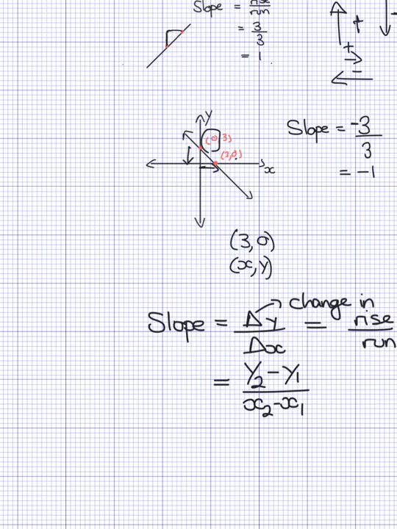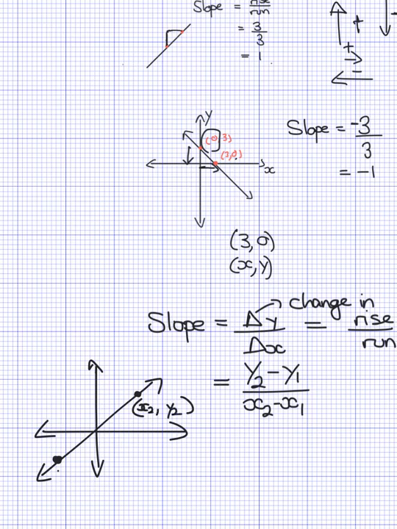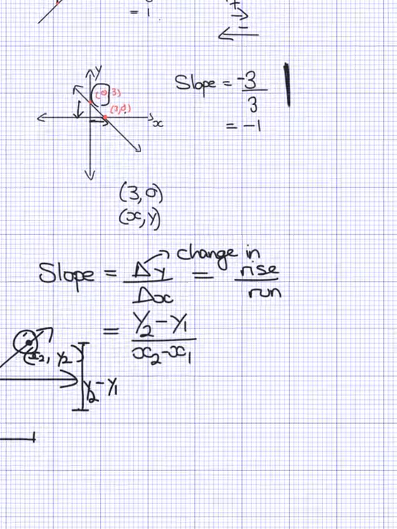If we looked at a diagram of that, so let's draw our axes and just draw a line. Now instead of actually putting these points as specific numbers, I'm going to call these points x2, y2, and x1, y1. So all this x2 means is it's the x coordinate of this point, and it's just a general way of describing it. Y2 means the y coordinate of this point, but again a general way of describing it. So we can see there that if we wanted to find the rise between this point and that point, we could just do y2, whatever that is, take y1. Similarly, if we want to work out the change this way, we could do x2 minus x1. So if we did an example of that now,